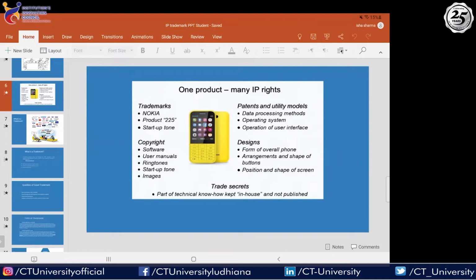Taking the example of a mobile phone, because I assume everybody uses it, it's easier for you to understand. Say somebody uses iPhone or somebody uses OnePlus. The brand name OnePlus as well as the logo will be protected under trademark. Anybody who came up with this invention started a business. Now in that business, the brand name will be protected by a trademark application.